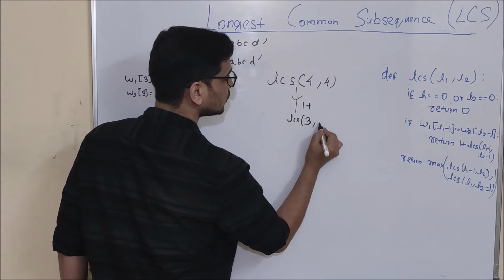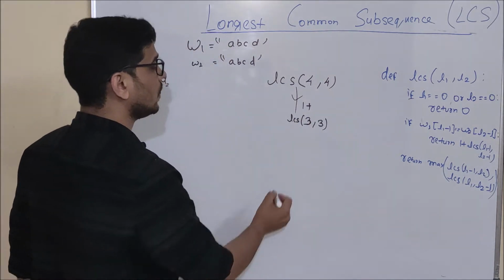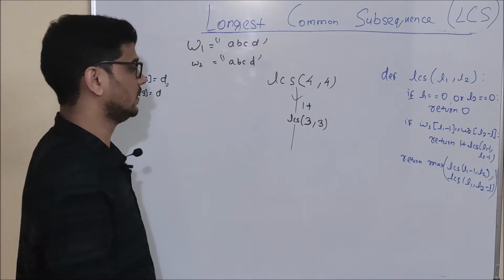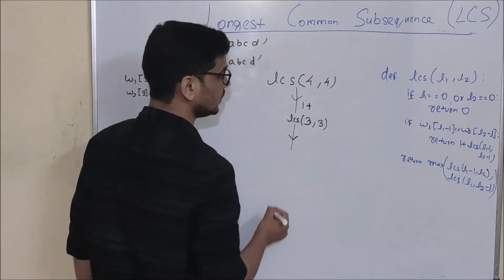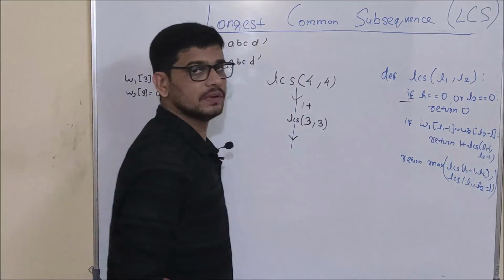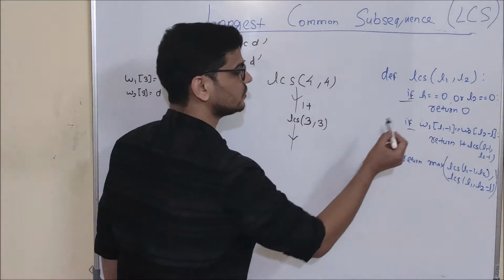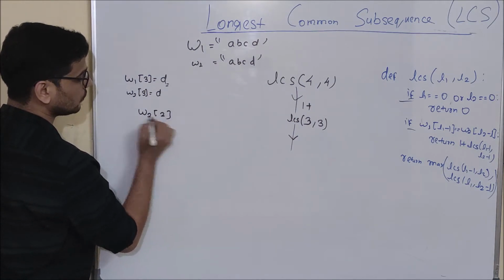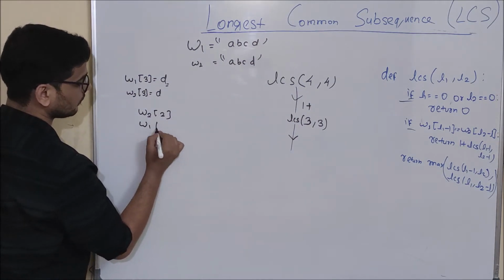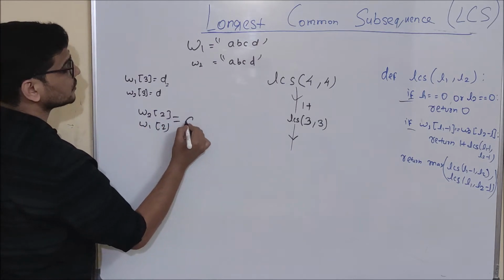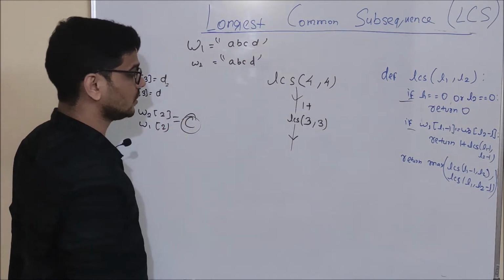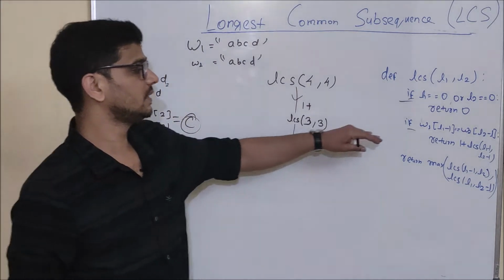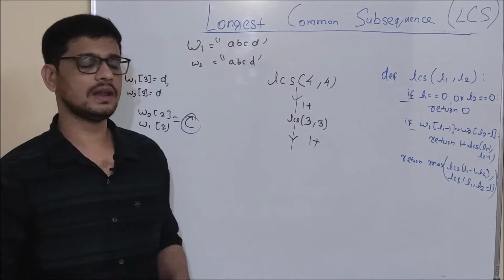L1 minus 1 is 3, L2 minus 1 is 3. Now when LCS of 3 comma 3 comes for its execution, the first statement will be false, and again W1 of 2 and W2 of 2 are both C, so it is equal, and it will return 1 plus